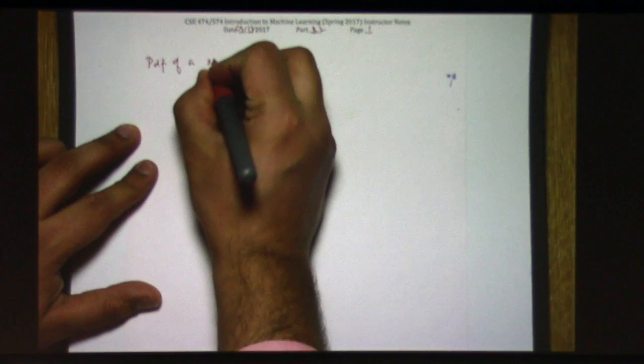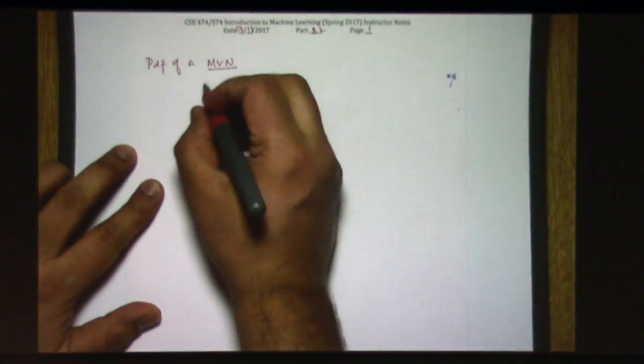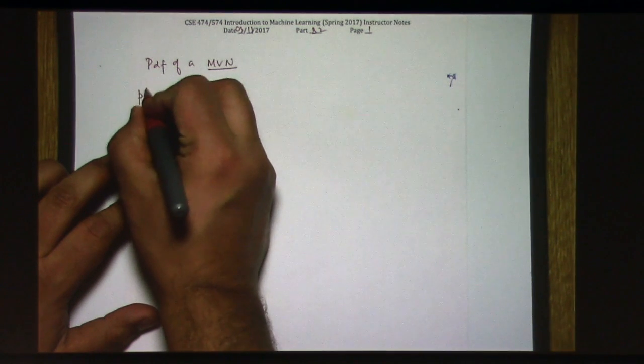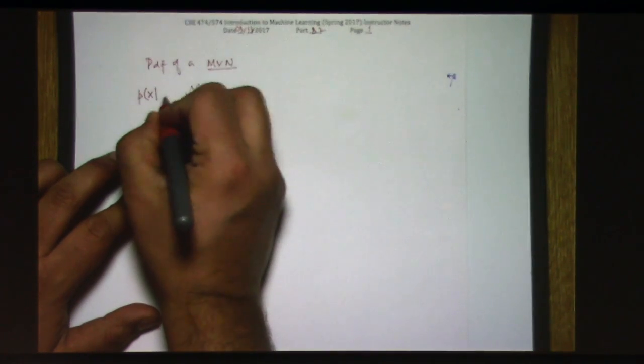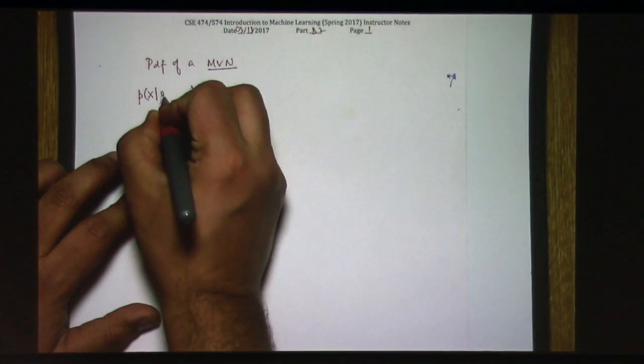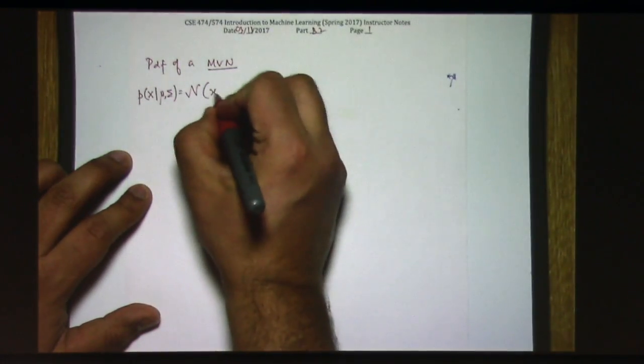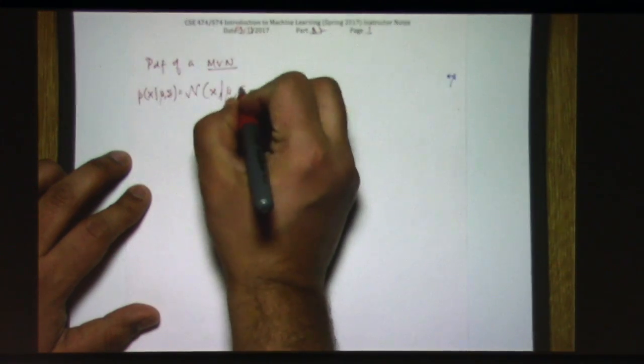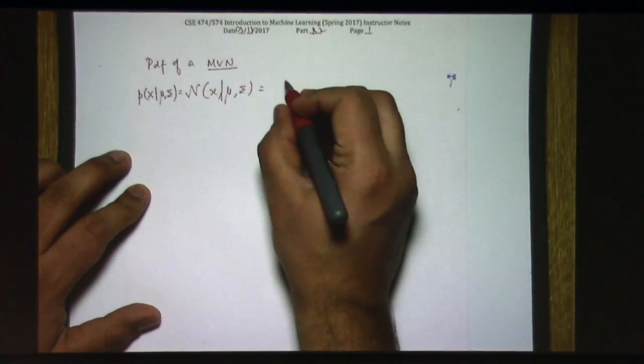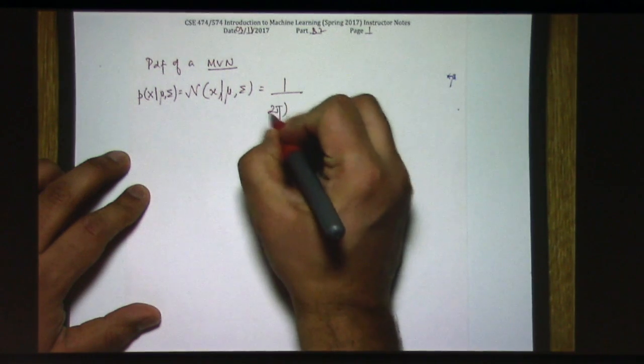But just briefly, the PDF of a multivariate normal. The reason we call it multivariate is because each sample is a vector. There are multiple observations. And the PDF, in general, we write it like this, given mu comma sigma, which are the parameters. And because this is a special distribution, we also write it out as just this expression,